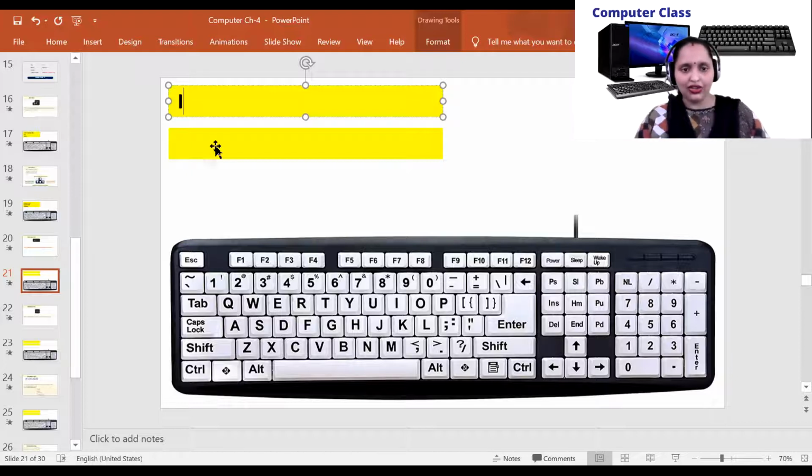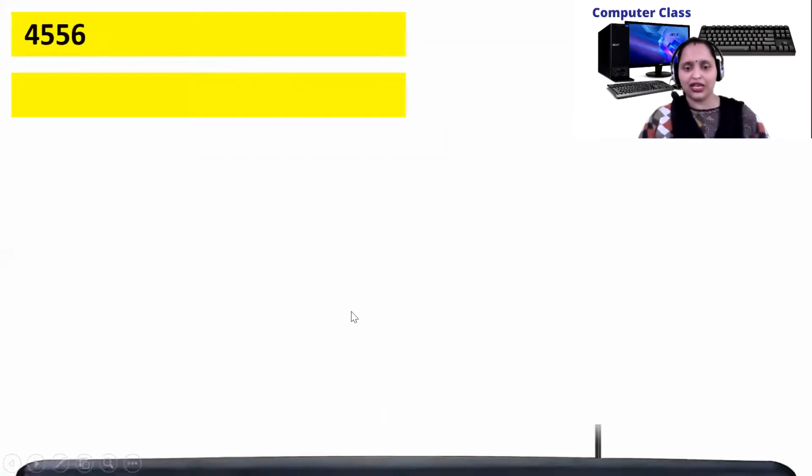I will show you an example with numbers also. See, 1, 2, 3, 4, 5, 6, 7, 8. The cursor is here. Now I am pressing the backspace key. See what will happen. The numbers are erasing towards its left. The numbers towards the right side of the cursor stay like that, but only the numbers towards the left side of the cursor are erased when we press the backspace key. Clear, children? Is the backspace key clear to you?